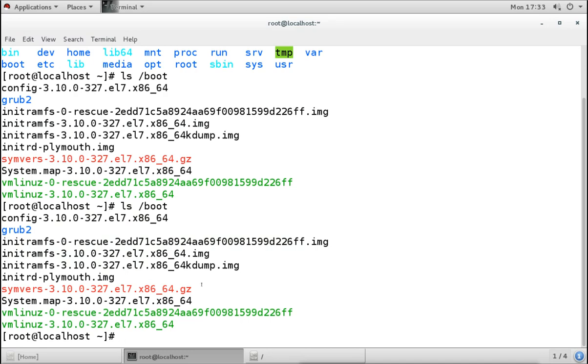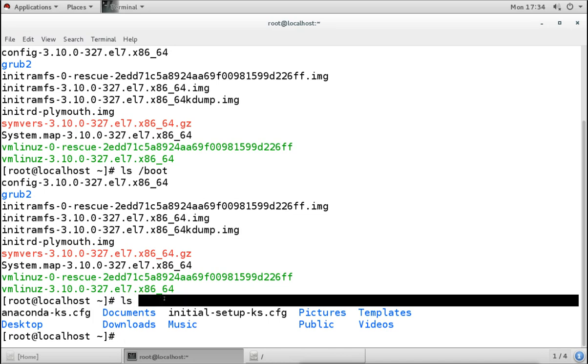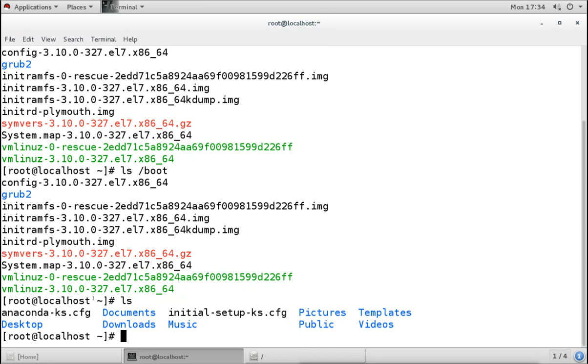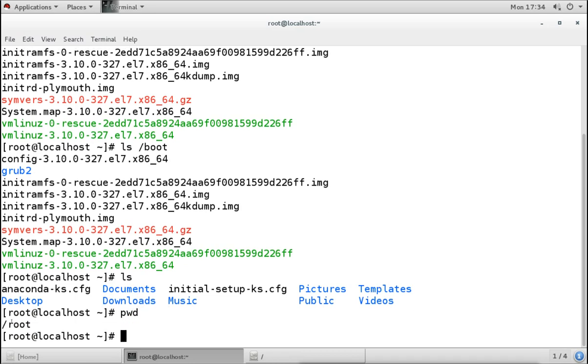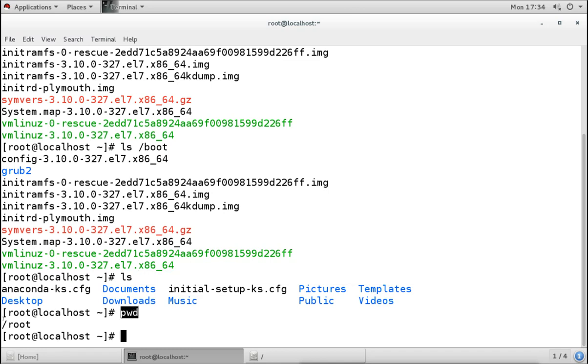Now if we don't mention any directory name, suppose I give only the ls command and press enter, and I am not mentioning any directory to list, then what will it do? It will list the present working directory. It will list the present working directory when we don't give any name of the directory. So what is the present working directory? When we check pwd, it is /root. So right now we are under the root user's home directory, and when I give the ls command without mentioning any directory, it will list the present working directory, that is the home directory of the root user.